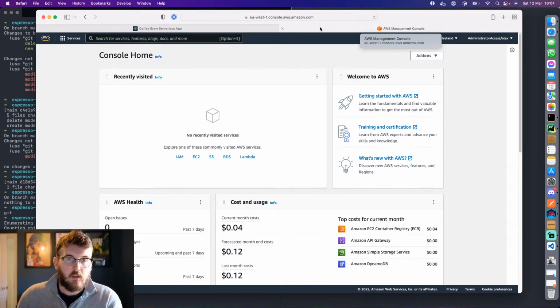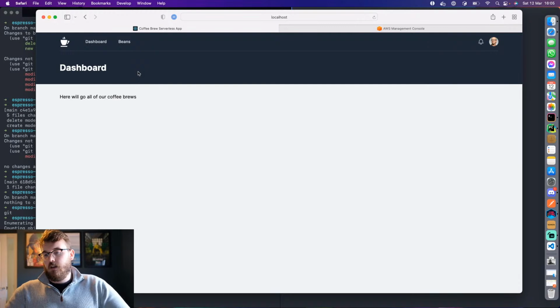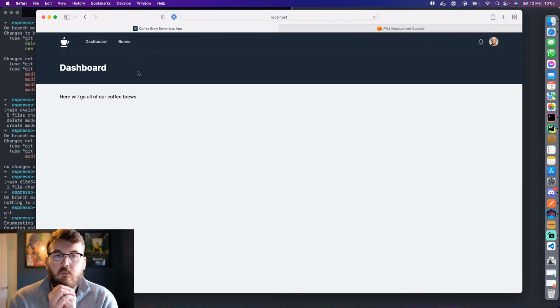So where are we so far? We're looking at this as a 2-part application, one being the front end, one being the back end. Front end being built in React, caveat being I am 100% not a front end developer, so for those of you who look at the code, I apologise,